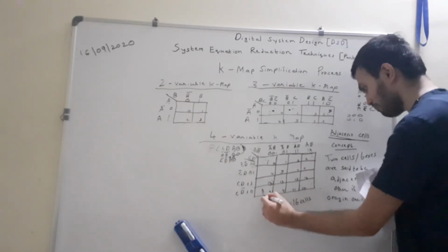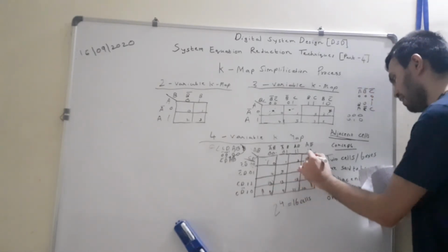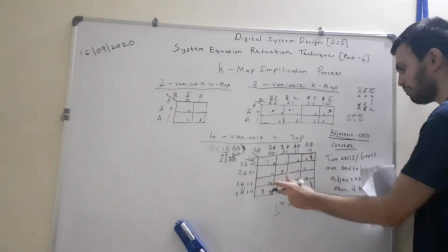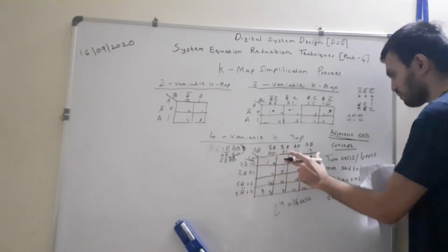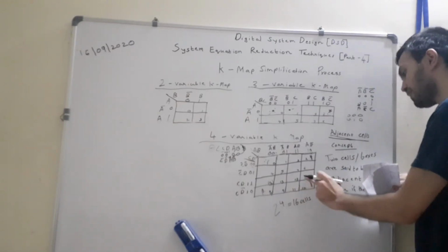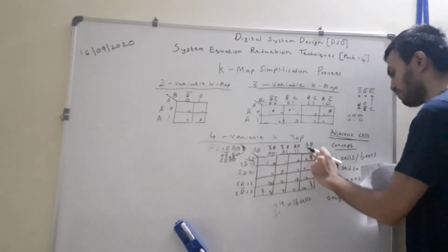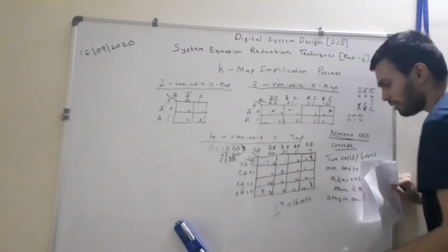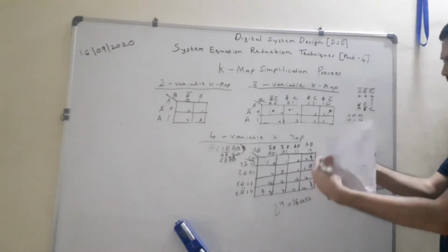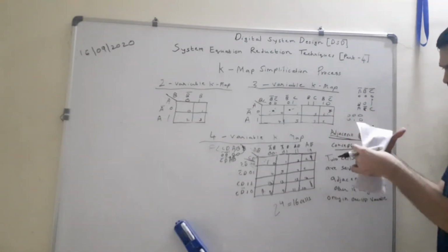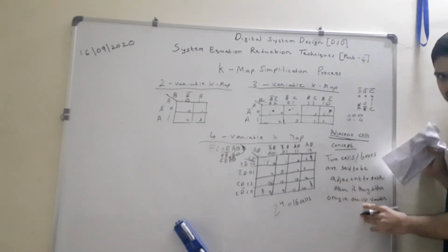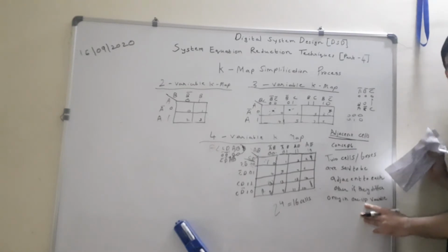Now let's say I have some bit pattern over here. I have marked it using a 1. Now these 4 cells are also adjacent to each other, because if you compare the sequence of these 4 cells, they would differ by only one binary digit or gray code digit. So that's why you may say that they are present at the 4 corners, but they are adjacent to each other, because when you roll this K-map, I have a sheet of paper. So if there are 4 ones present at the corner, if I roll it, let's say, this particular one will be adjacent to this particular one. That's why we can say that it is adjacent. So I hope this adjacency part is clear.